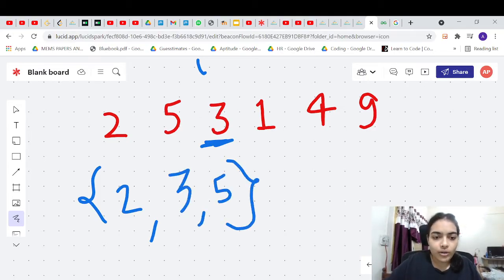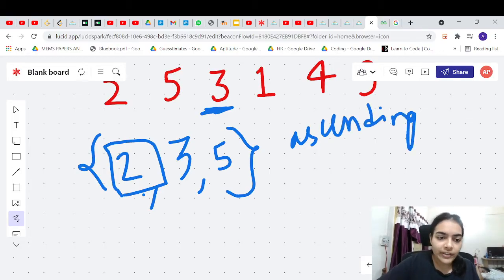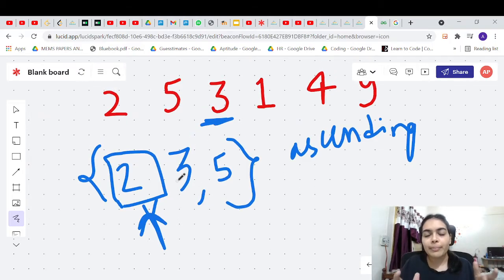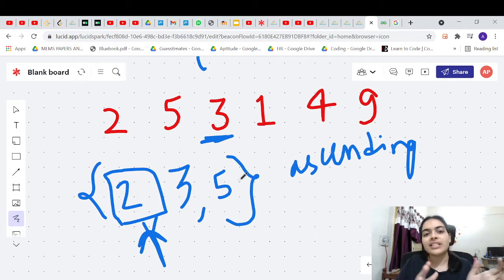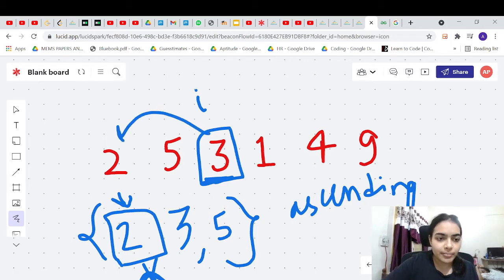Okay. Now just find the element which is just previous to this element in the set, because set is storing the elements in ascending order. So set will give you the best element on the left side. So the element that is just smaller. By best element on the left side, I just mean the element which is just smaller than this element. So if you are storing elements in the ascending order, you can easily find this element which is just previous to this element. So for 3, if you look up in the set, you will get the answer 2, right?